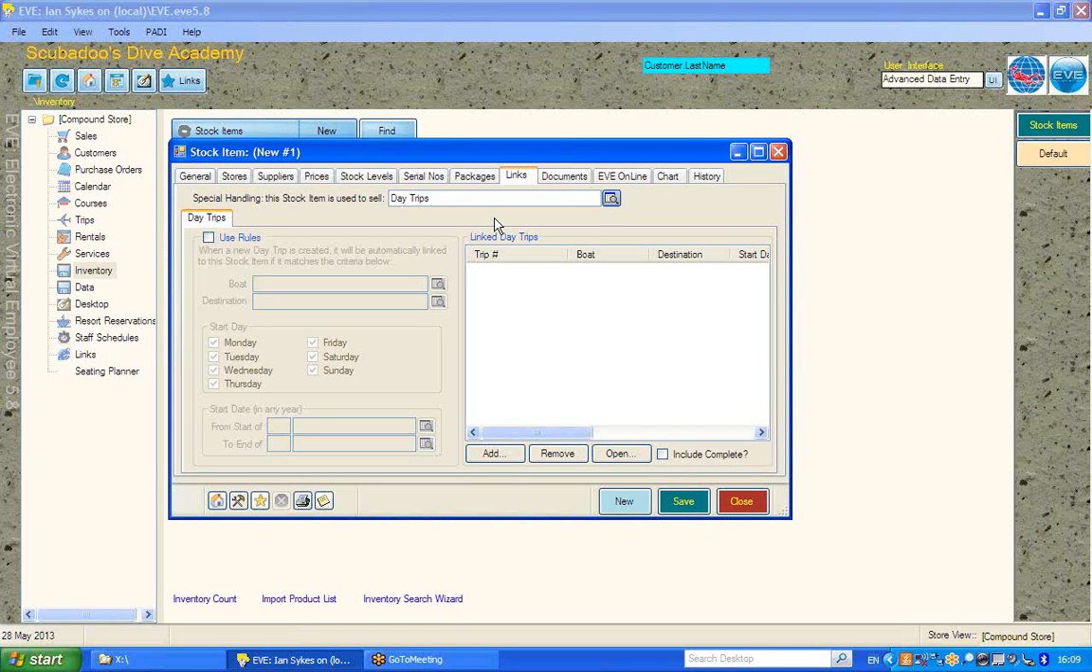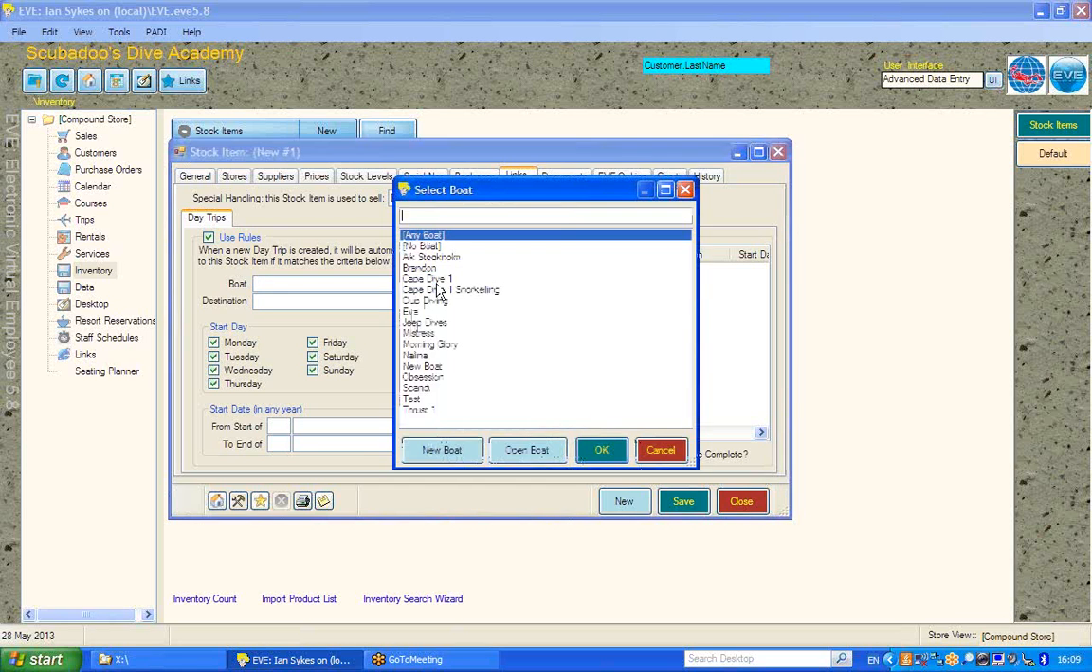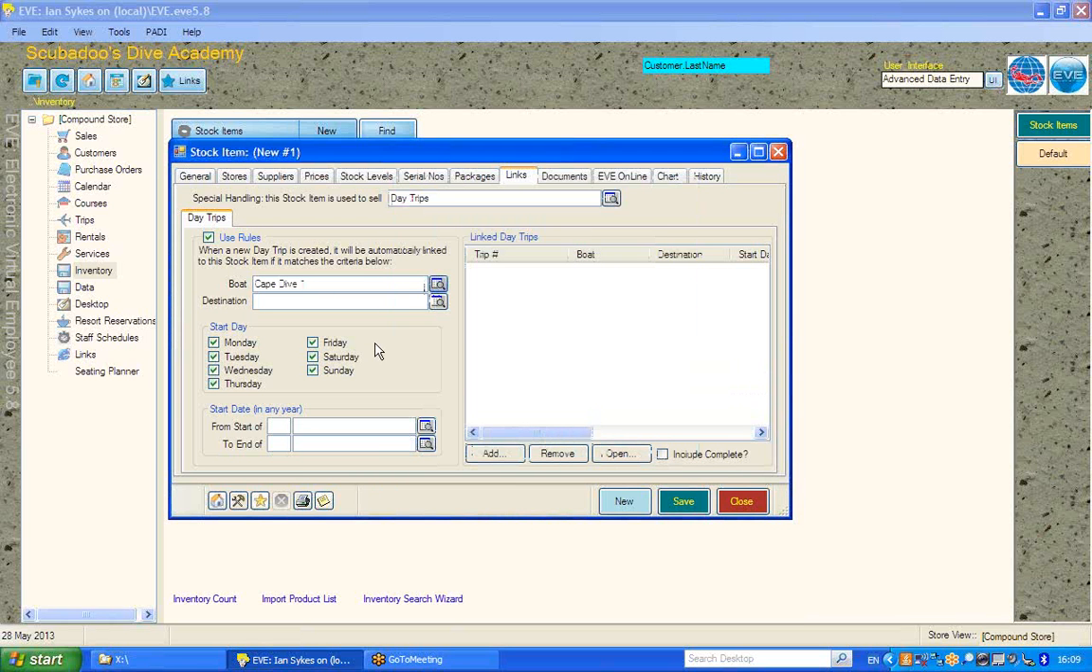Now that's probably not what I want, so I'm going to check this box here under Use Rules, and now the stock item could be used to sell spaces on a particular boat, which would be as you see on screen right now, where I've just entered the information about a boat. If I remove that, you could see that another possibility would be to say for all day trips going to a particular destination,